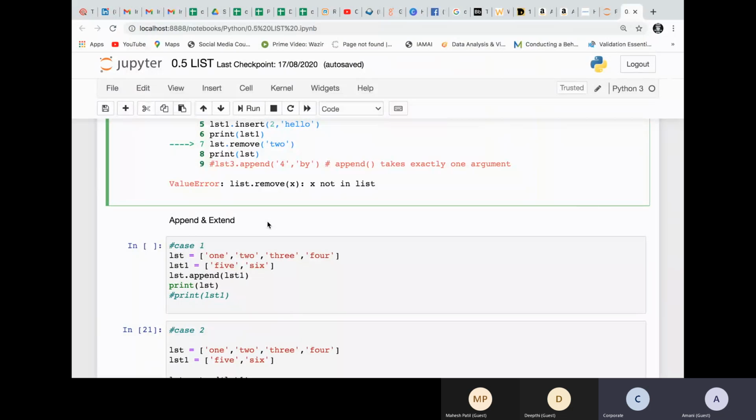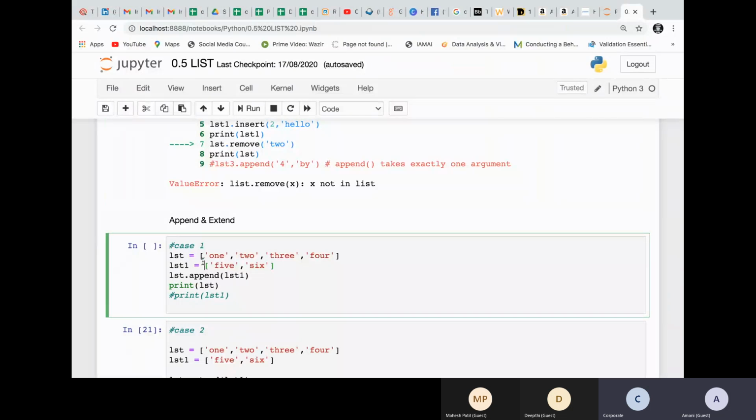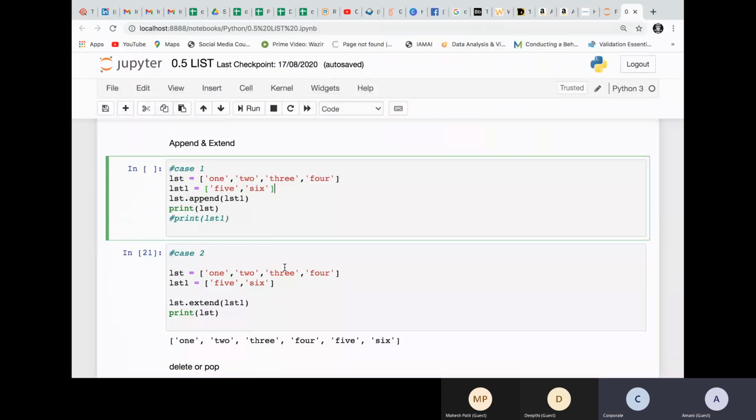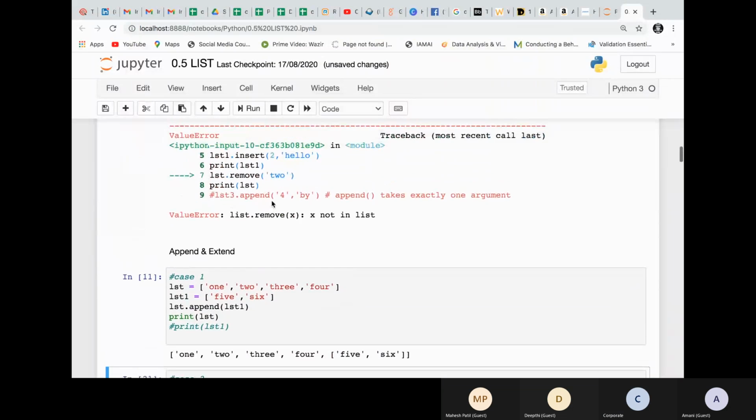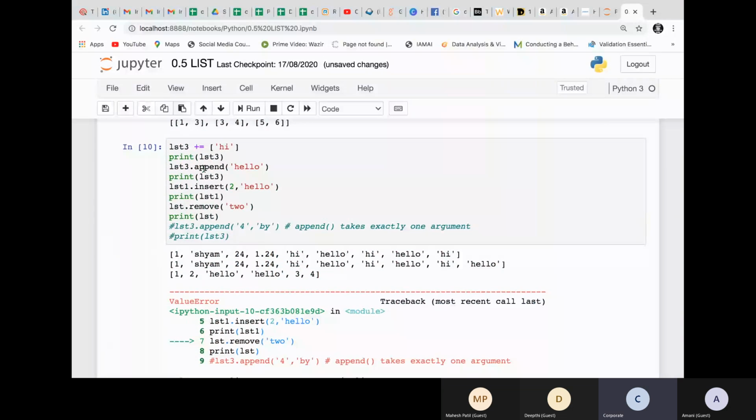Now just get the difference between append and extend, right? I have taken LST and LST1. Just mute yourself, please. See, some more cases. You learned append, you learned insert, and you learned this statement. You understand the difference as well. Now we have